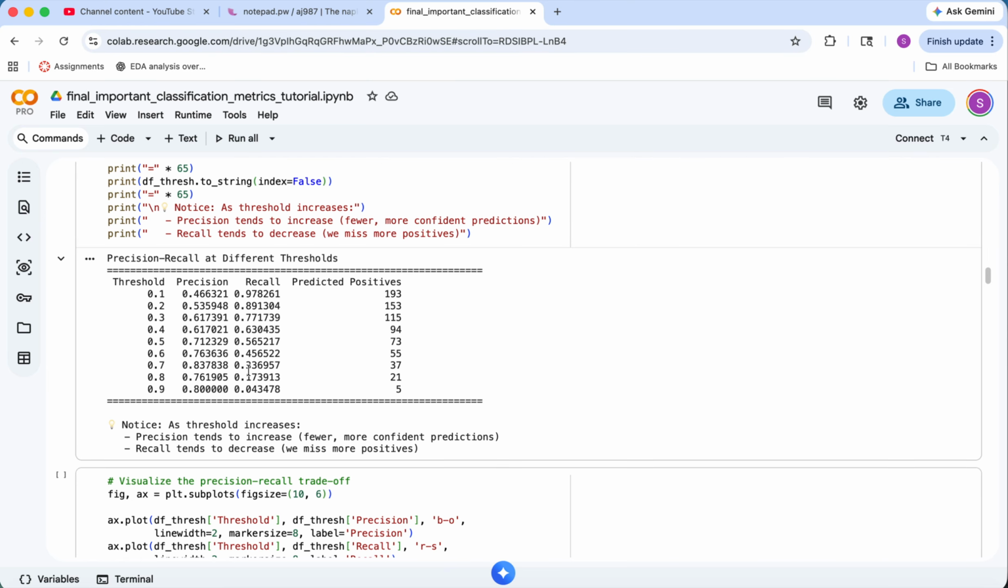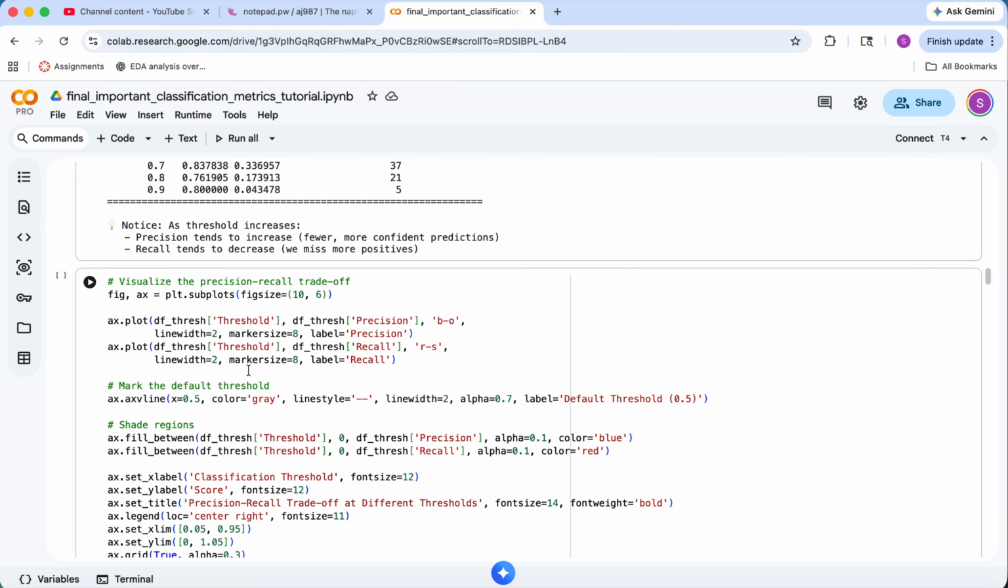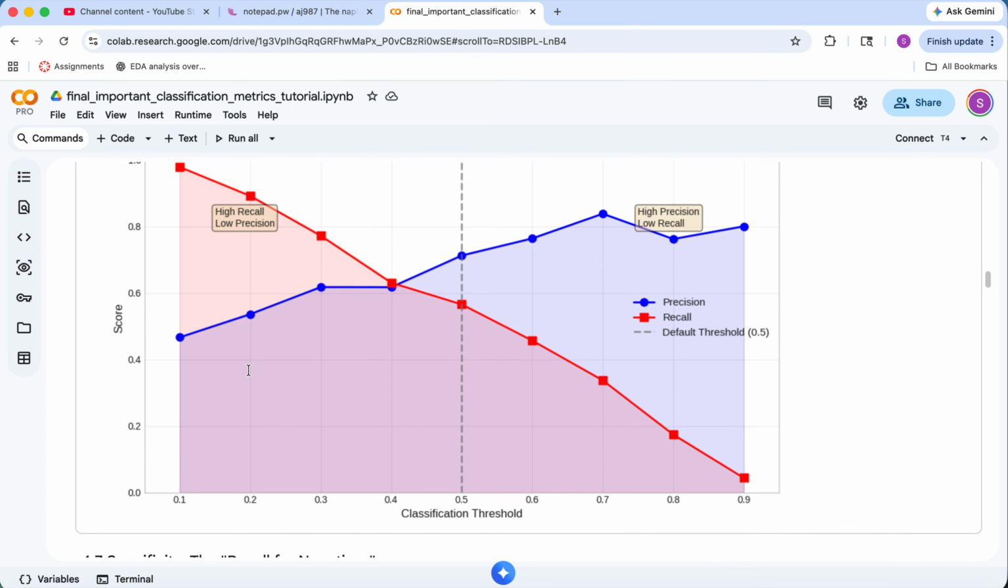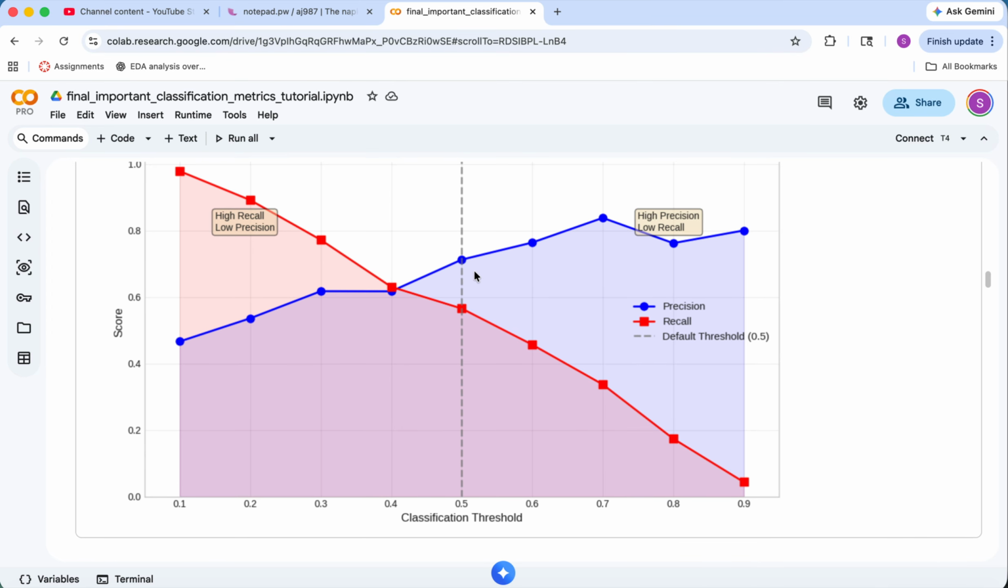We plot this precision-recall trade-off in a line graph. The intersection of the two curves visually demonstrates the balancing act you must perform while tuning a model. Next, we calculate